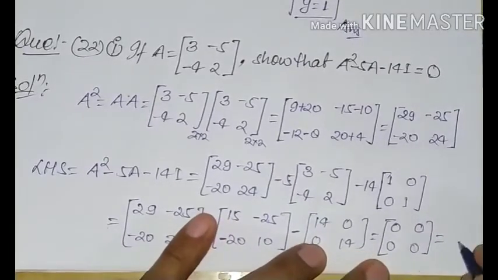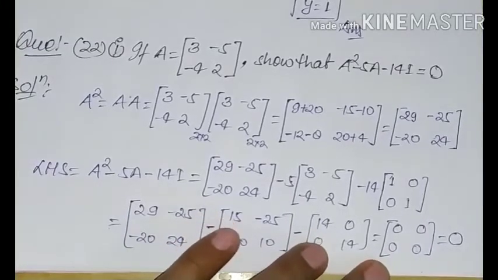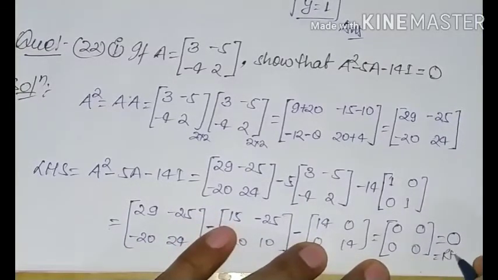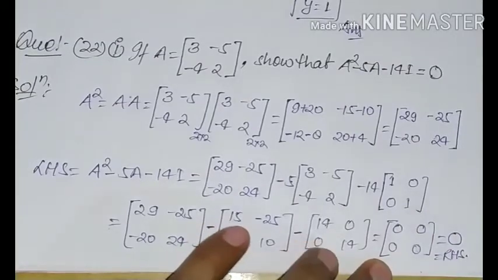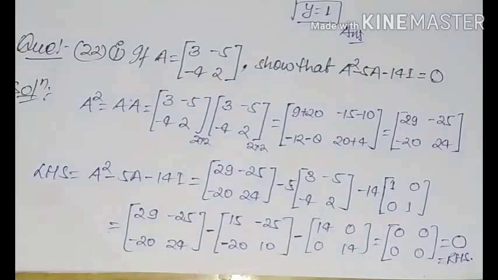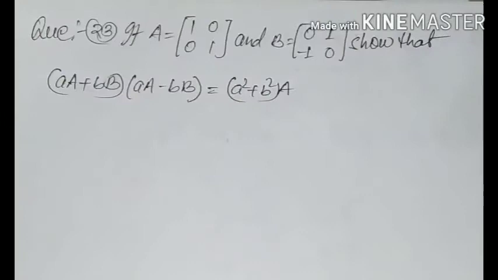I'm going to write here O, that is a null matrix, which is the right hand side. Okay, then this is our hence proved. Now the next problem: A equals [1 0; 0 1] and B equals [0 1; -1 0], so that